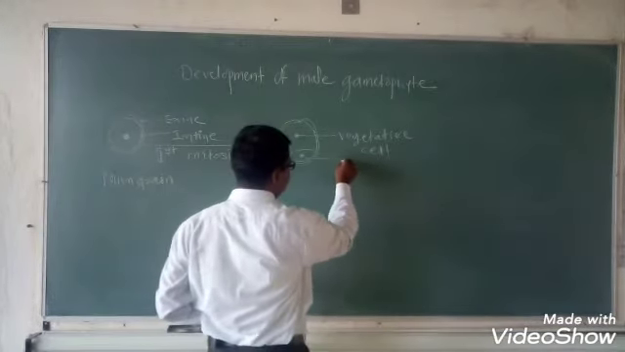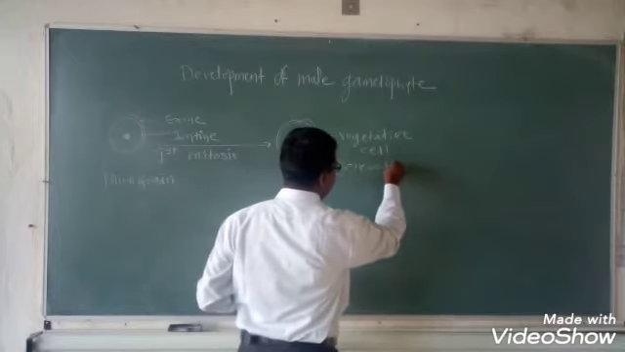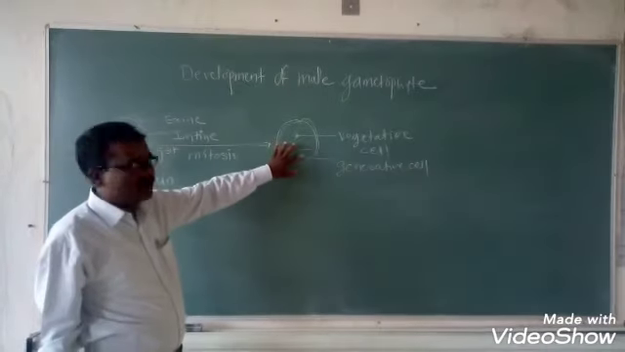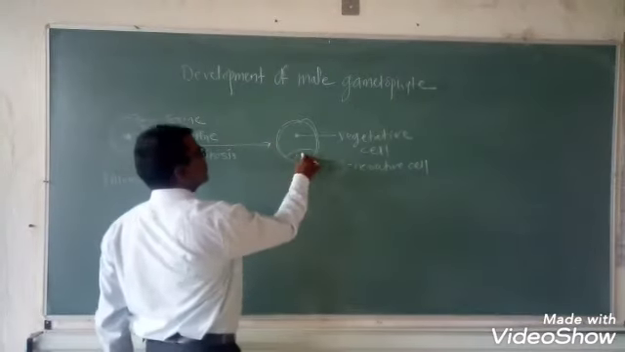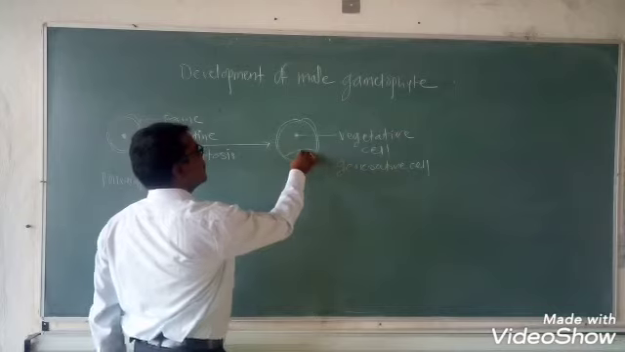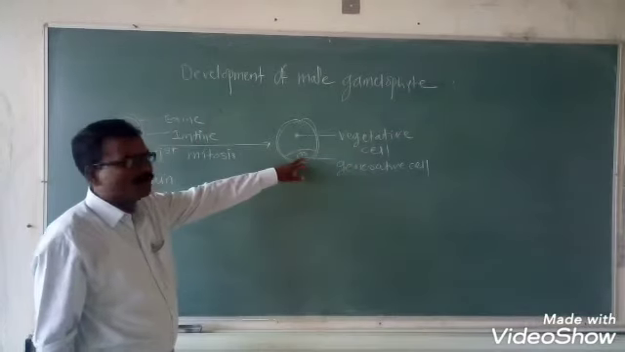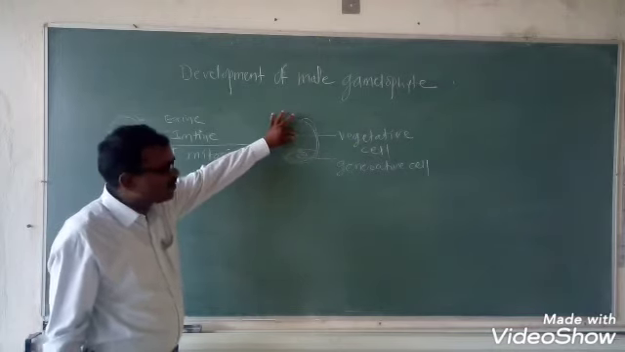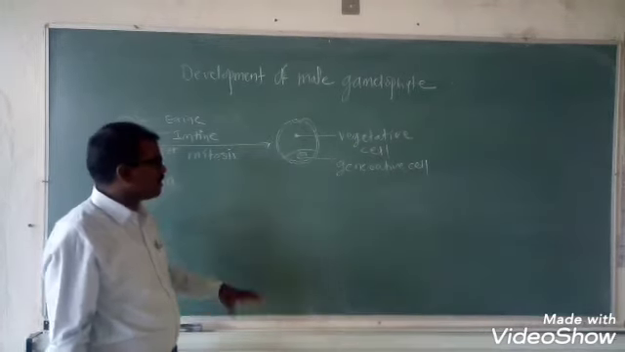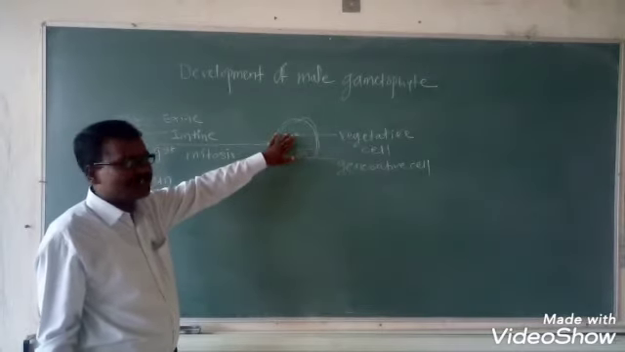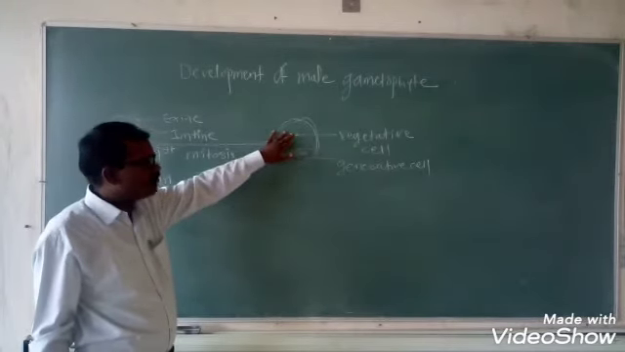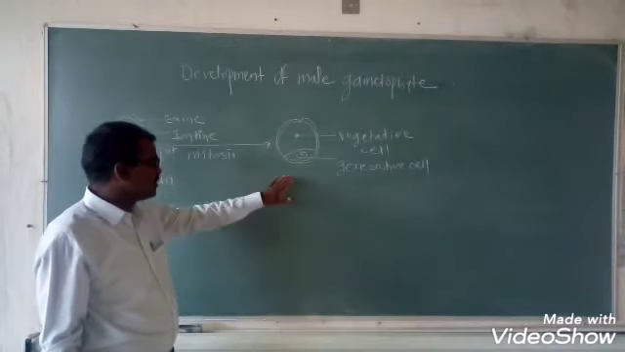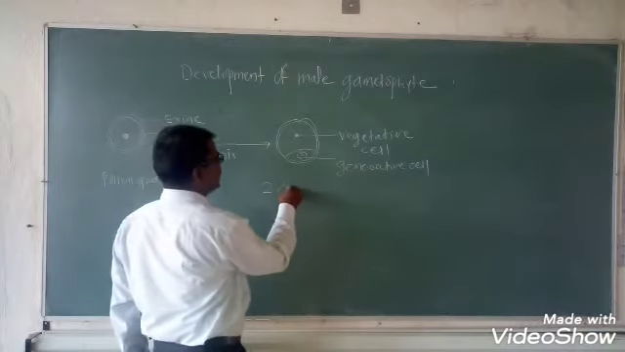Smaller cell is called the generative cell. The generative cell has a large nucleus with no vacuoles, and the vegetative cell has small and dense cytoplasm. The larger one is called the vegetative cell. It is also called the tube cell, and the smaller one is called the generative cell. This is the two-celled stage